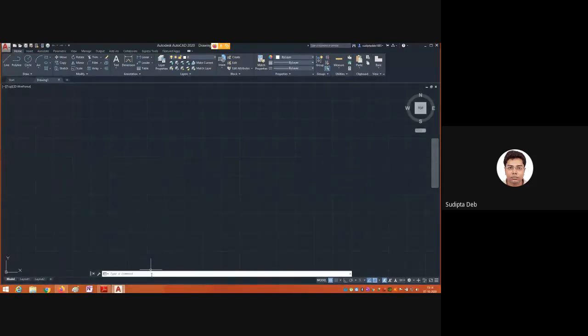One by one, I will discuss the commands today and you note them down. The first command is UNITS. This is the command line where we can type the command. The command is UNITS. Now press a single Enter.